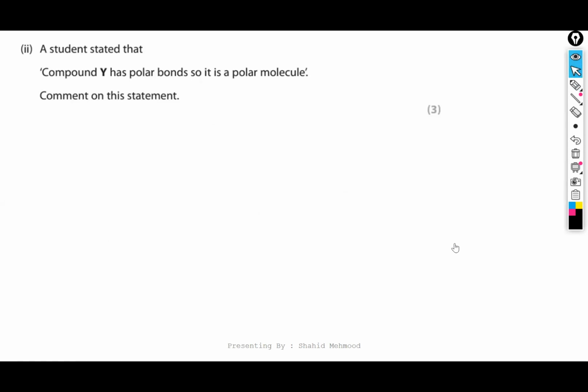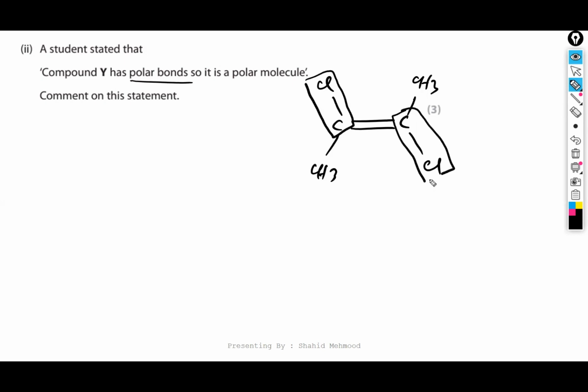A student stated that compound Y has polar bonds, so it is a polar molecule. Comment on this statement. You see here that compound Y has a carbon-carbon double bond. This was connected to chlorine, chlorine, and this was connected to CH3. So no doubt that it has polar bonds. So you can say that the carbon-chlorine bond is polar